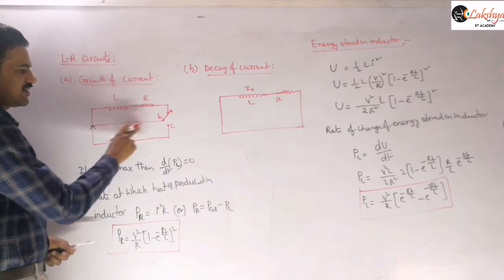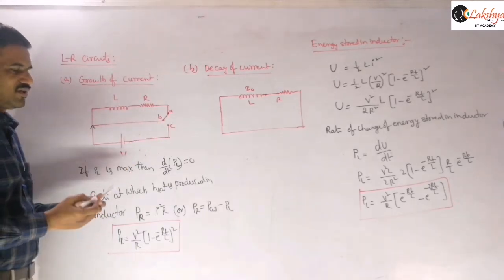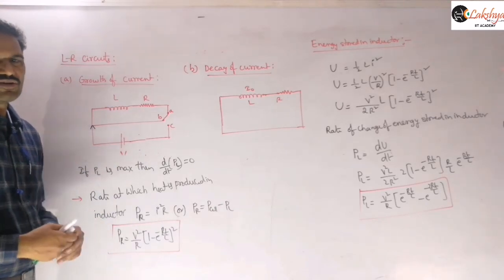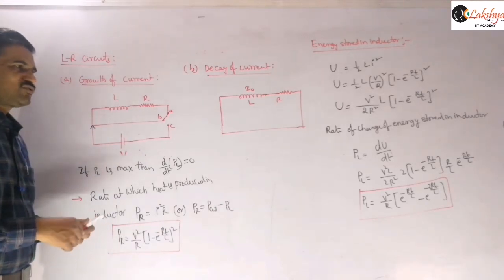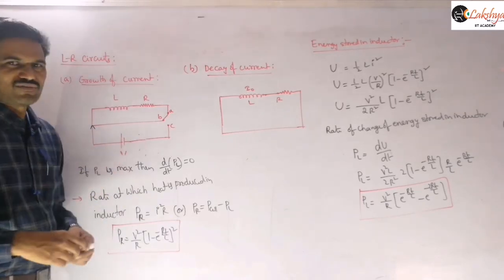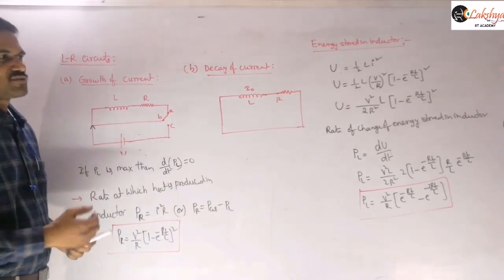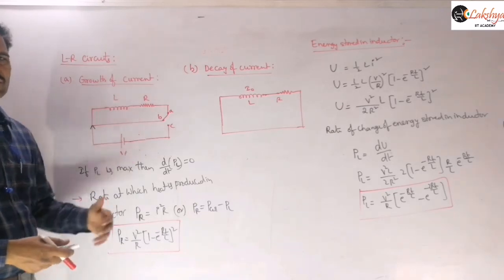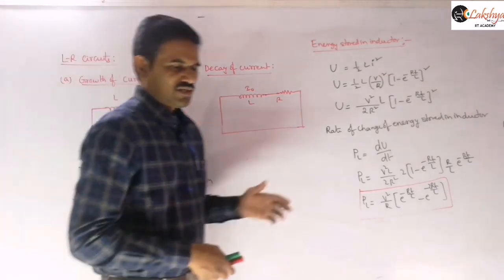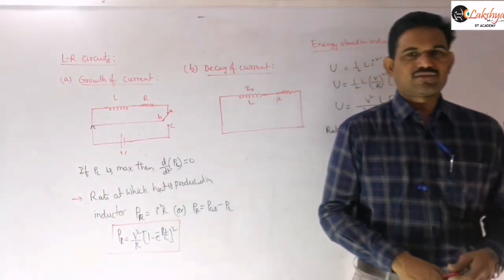Then this will be the circuit here. So that circuit I am drawing. Now the current in that inductor goes on decreasing. So that is nothing but decay of the current. At any instant you may consider that current as some I. Then again apply the Kirchhoff laws, and we need to derive an expression for the current at any instant and the potential difference, and do these energy calculations. So try to do that, or otherwise I will explain that in the next class, right? Thank you.